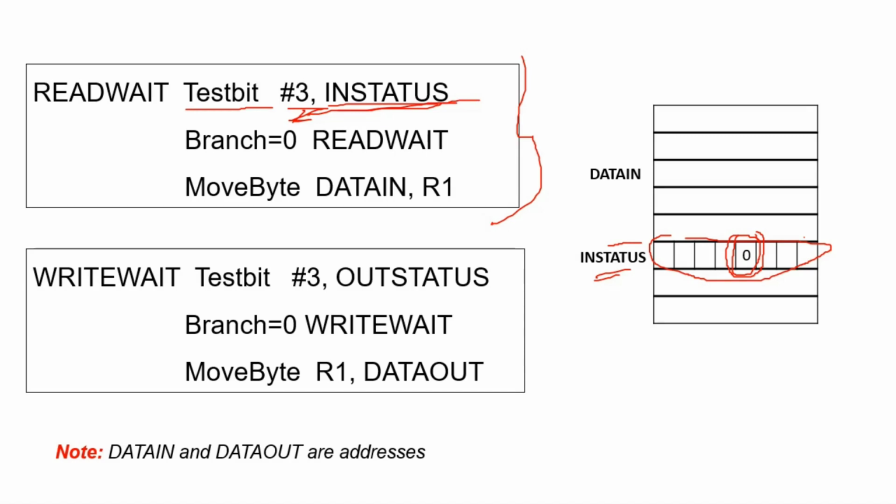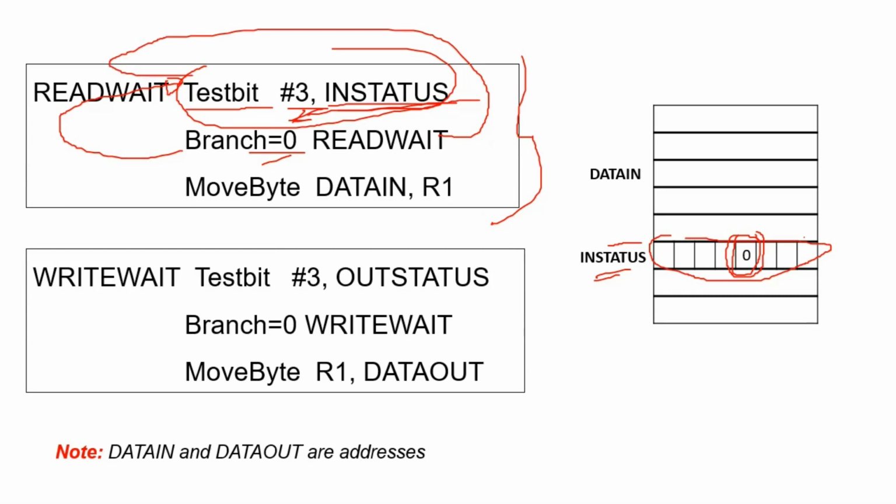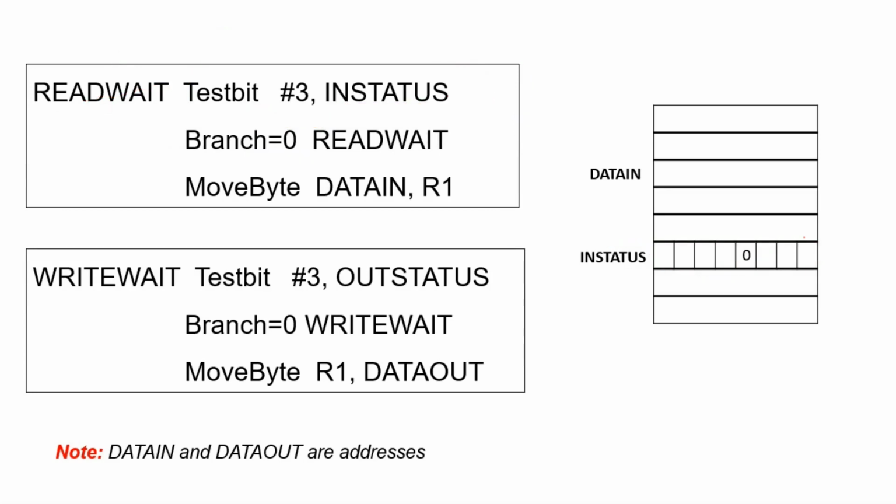When I test it, if that bit is 0, I will go back to the test again. You can see it, the read wait label. I am going back to the test again. Read the in status and check the third bit B3. If it is 0, that means the keyboard has not yet prepared the data. So keep checking that third bit B3 in the in status. So we are repeating this. The processor keeps testing SIN, that is nothing but B3 in the status address.